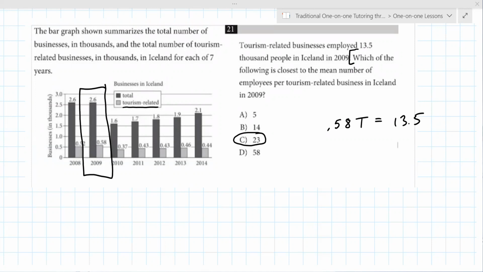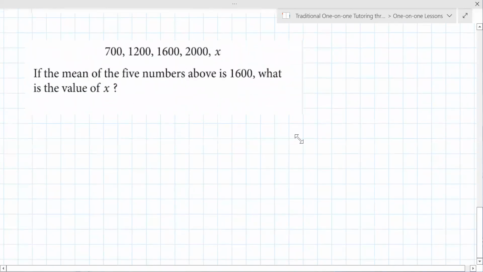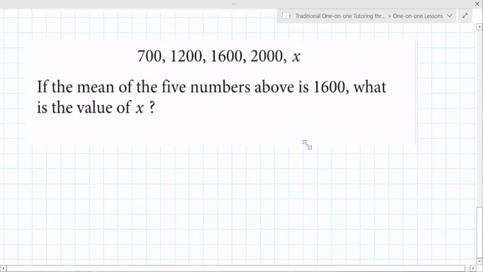Okay, let's start with this question. This is a good one for us to start with. So we're going to reset here. If the mean of the 5 numbers above is 1600, what is the value of x? There's actually no multiple choice here, but we can add some if we wanted. But you still got to be able to perform the averaging